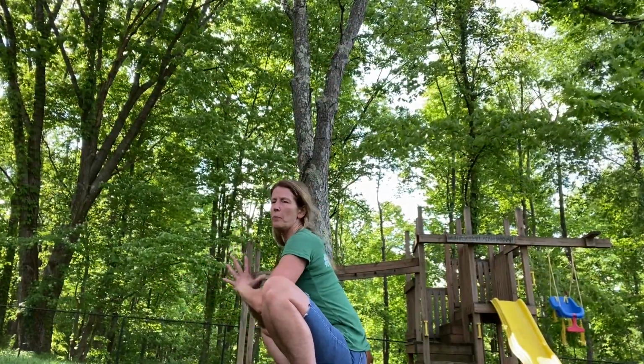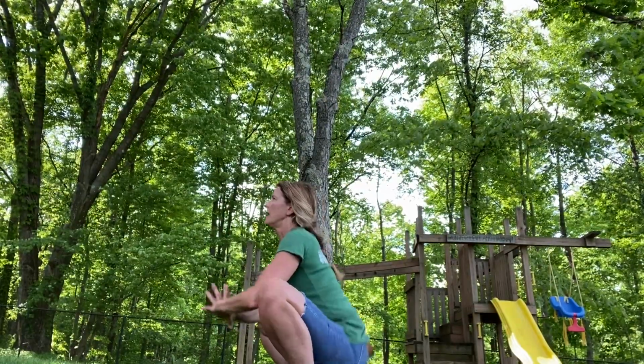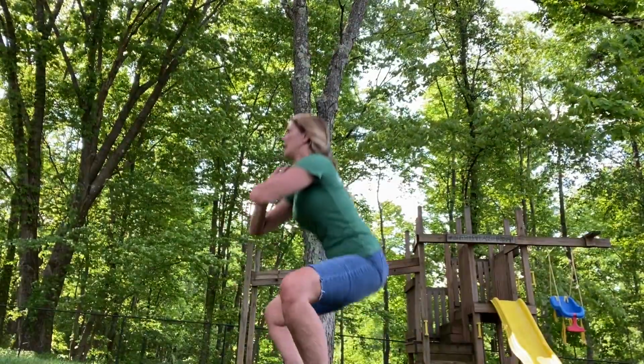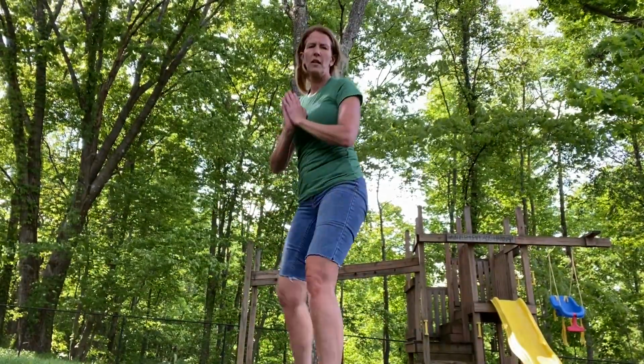When you're down here, your elbows can push your knees out. Stay in that bottom of your squat for a few seconds, right? I'll stand up. We're gonna do a couple of those. So your weight should be in your heels. Front ways again. Push position with that bend in the knee with your hips going back, and then drop. You can use your elbows to push your knees out, and then stand back up. So just do a couple of those